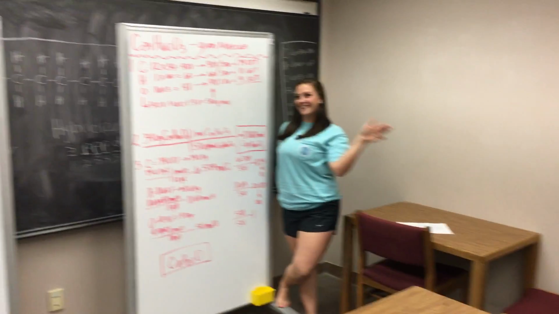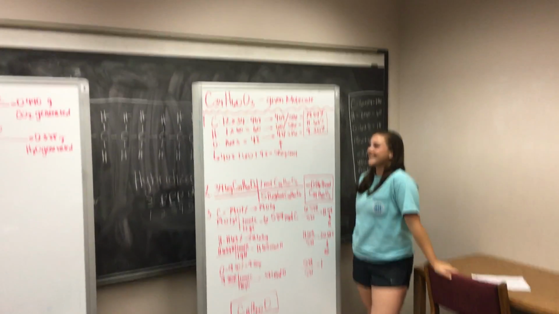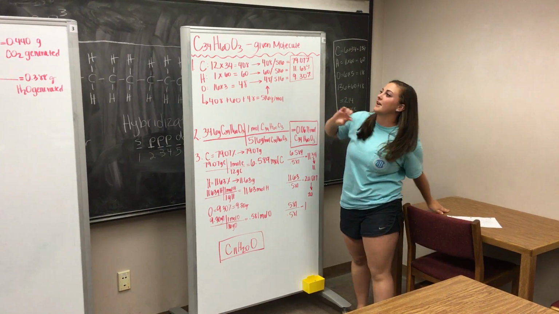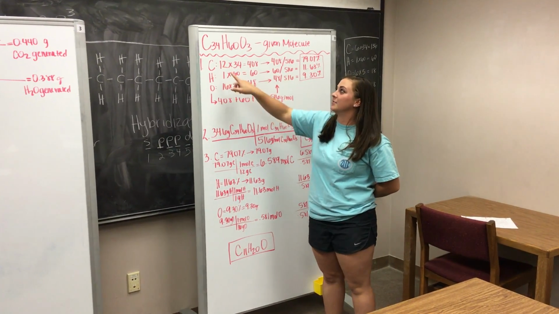All right, this is our extra credit chemistry project. Dustin Brewer, Robyn Priddy, and Jackie Raymond, and our molecule was C34H60O3. So the first thing we wanted to figure out is our percent composition, and the molar mass of carbon